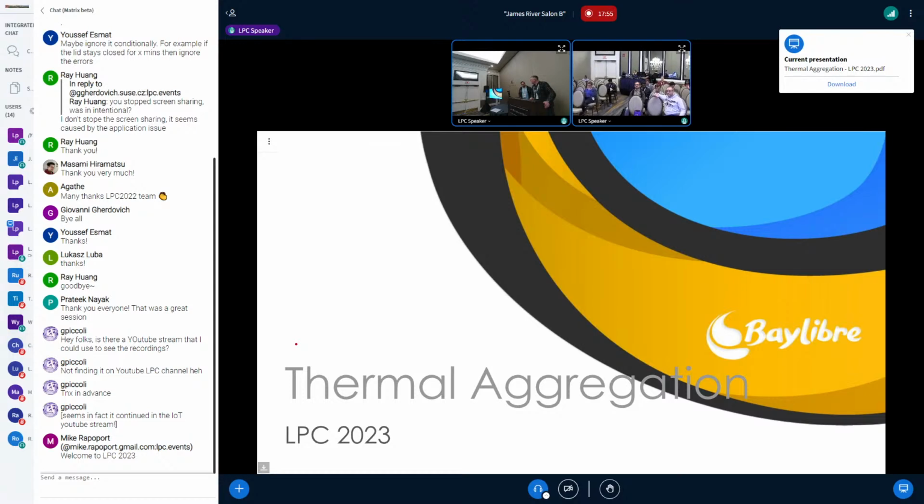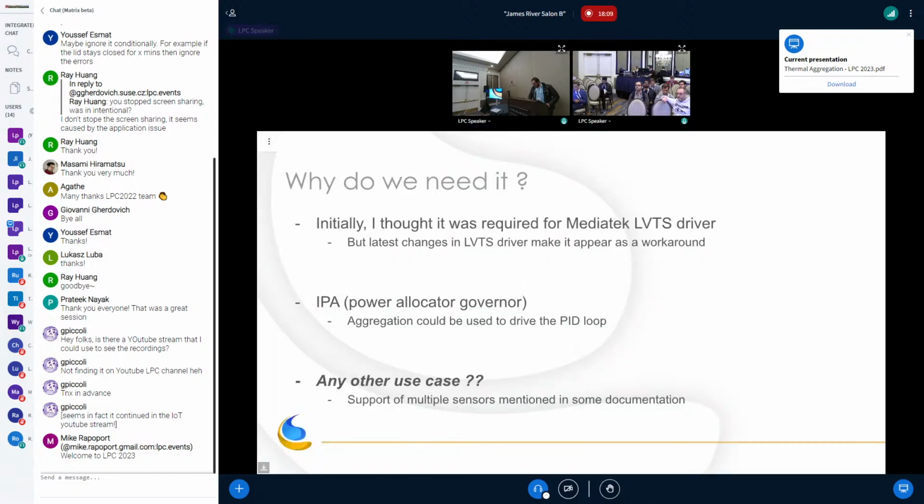Hi. So I'm here to talk about the thermal aggregation. So first, why do we need it? At the beginning, I started to write the thermal aggregation for MediaTek for one of their drivers.